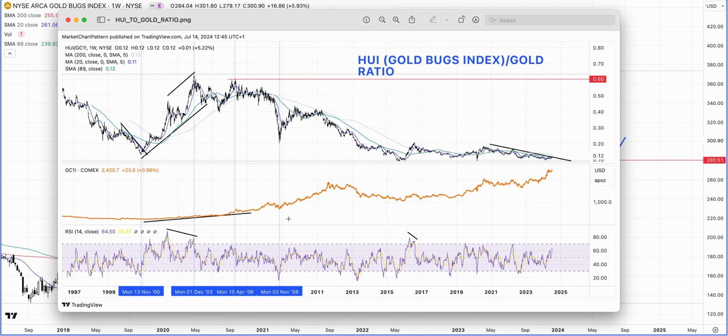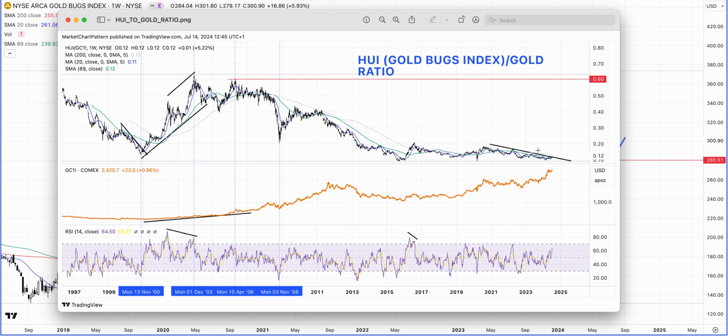In fact, then what we see is a peak around here, and the RSI was touching nearly 70%. More recently, we see this around 20. Now I don't have the exact line drawn here, but it looks like the year 2016. We see some decline taking place towards the end of 2016. It was bottoming out, and what we can see is that the commodity is then rising higher, rising quicker than the price action in the miners.